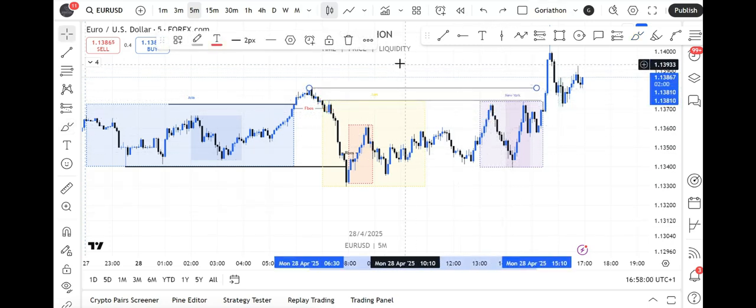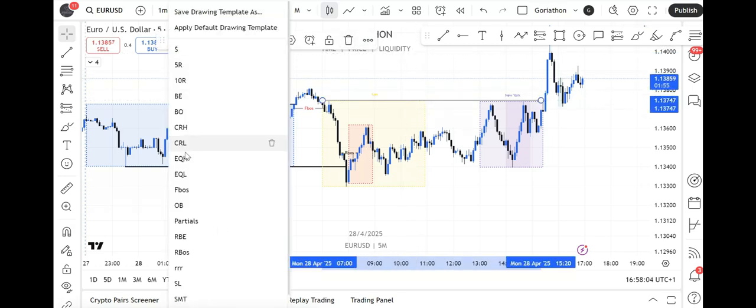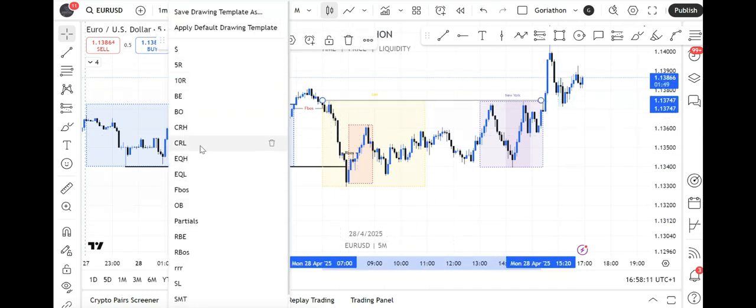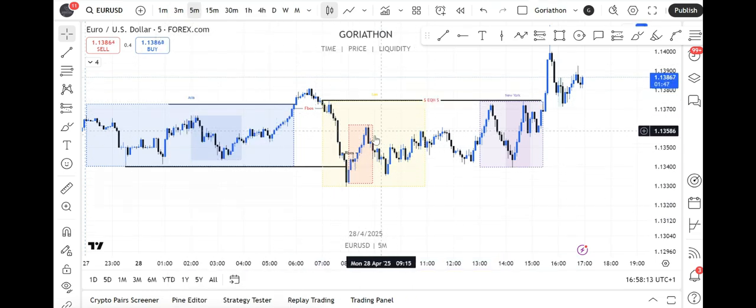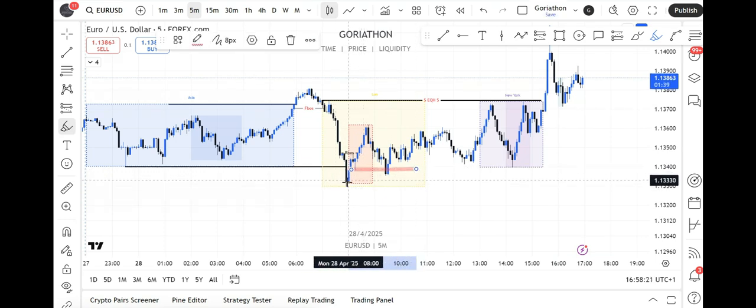Now moving on, if that is a relevant break of structure, what do you expect? You can expect the price to drop down, right? It can be a mitigation if your entry models allow you to mitigate. If not, this could be one entry,